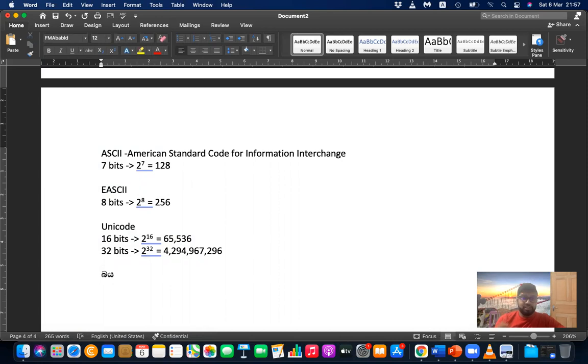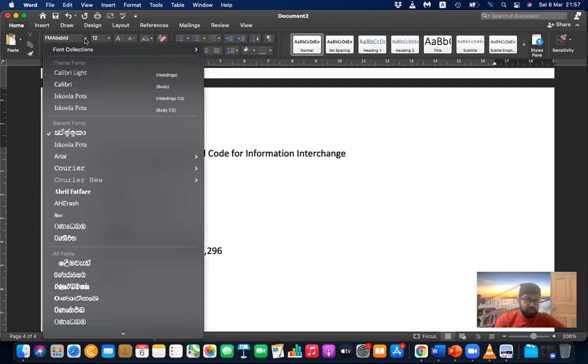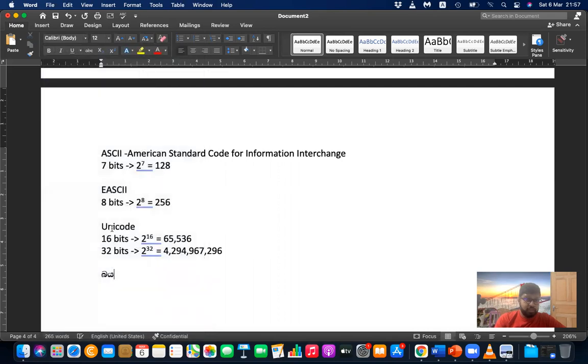At the same time, if you want to type an English letter, you have to change the font again, and then you can type A, B, C. So you can type both, but you have to change the font every time.